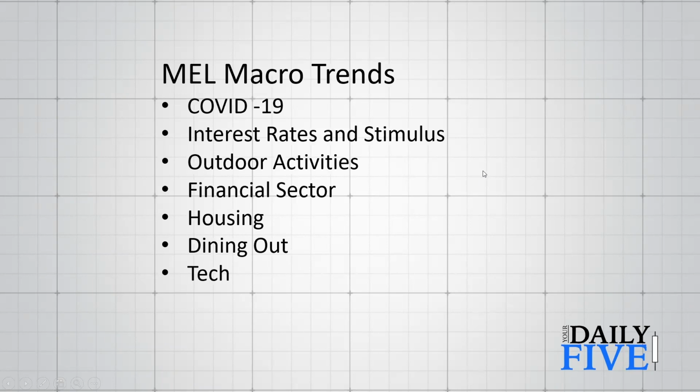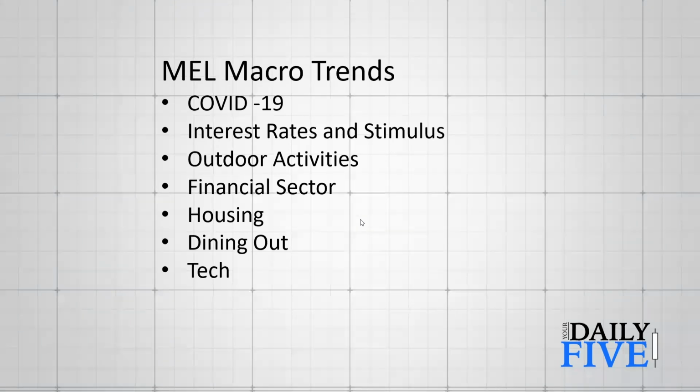But you know what? What are people doing? What we've learned after COVID-19 is that people stopped going to rock concerts and baseball games, but they're increasing their outdoor activities. A lot more camping, camper sales gone up. Financial sector, interest rates have been creeping up in the bond market lately, and some of those stocks have done well. There are some possible changes in housing. That remains a viable sector, but we need to look at that carefully. And of course, dining out, not so much anymore, but people are doing takeout. So companies that have pivoted to that may do well. And as always, there's the technology sector as it adapts to the new dynamic as this COVID-19 situation evolves.